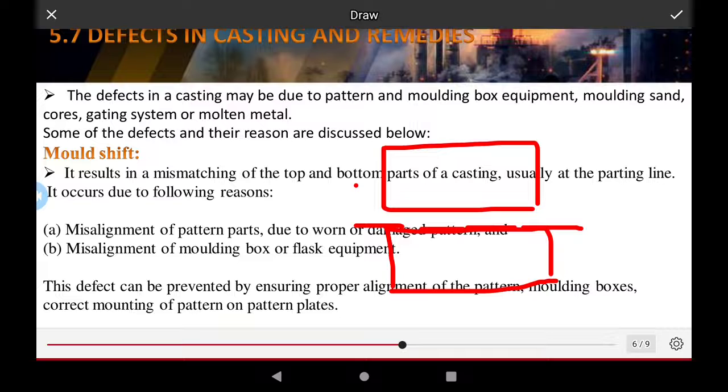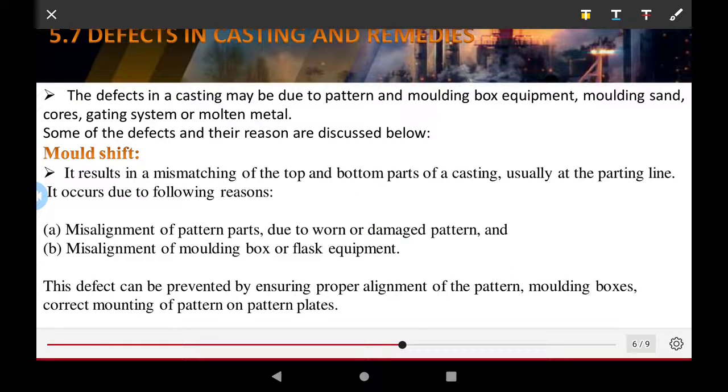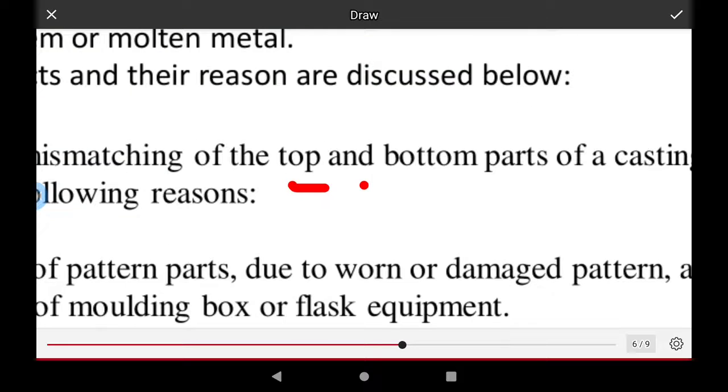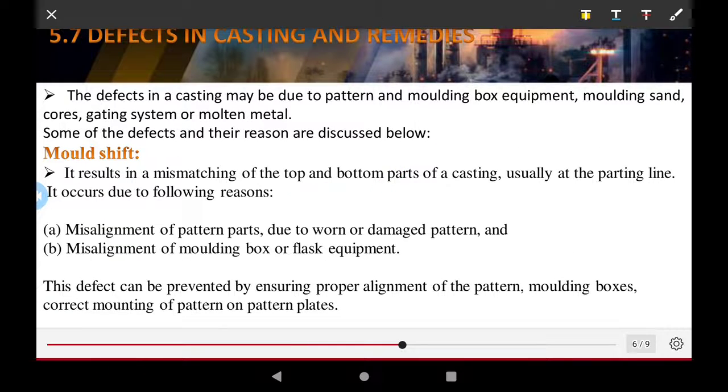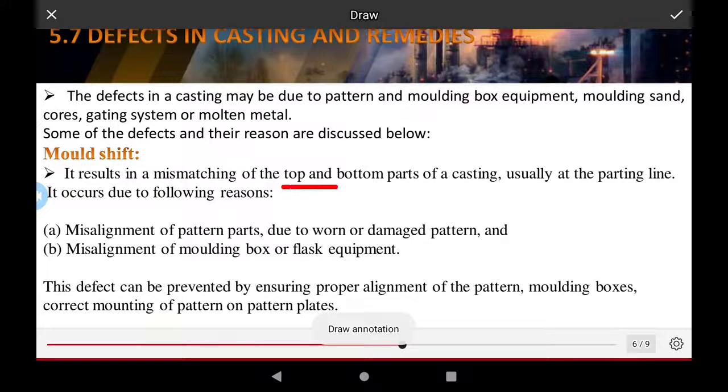This is not a mismatch. Otherwise it results in mismatch of the top and bottom parts of the casting. Usually the parting line defect is caused for the following reasons: mismatch,